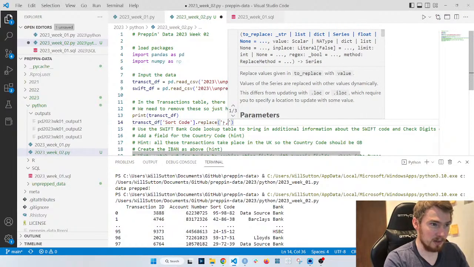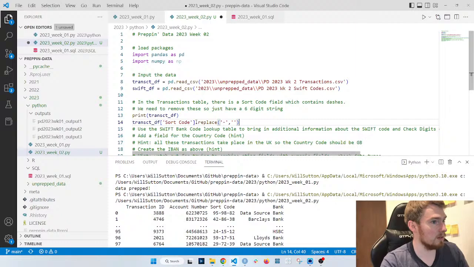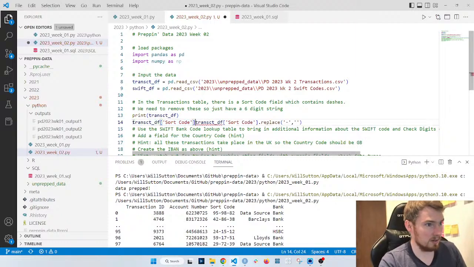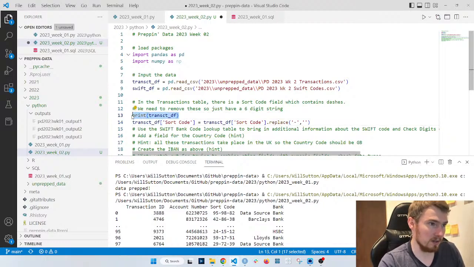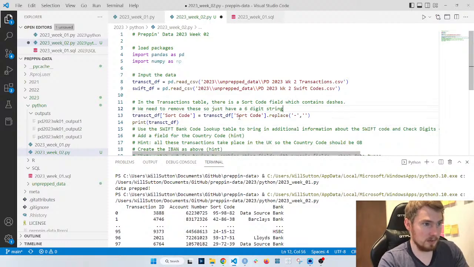I'm going to replace it with empty. So that will change that sort code, and then sort code should be overwritten without dashes. Save that, give it a run.